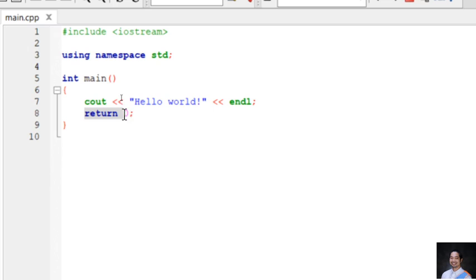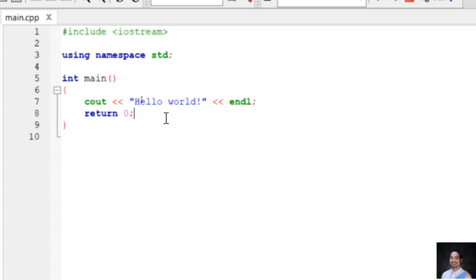The last one is you need to return any elements that have been brought to the main function. So you need to have the return 0 line for you to have a returning value for the main function. This is a requirement for your C++ program. Every time you have codes, you need to return something for the main function. Okay, and the last one would be the close curly brace.